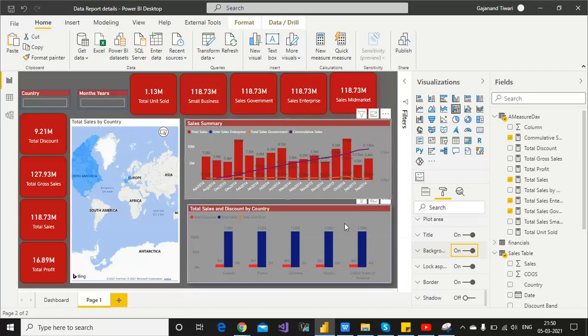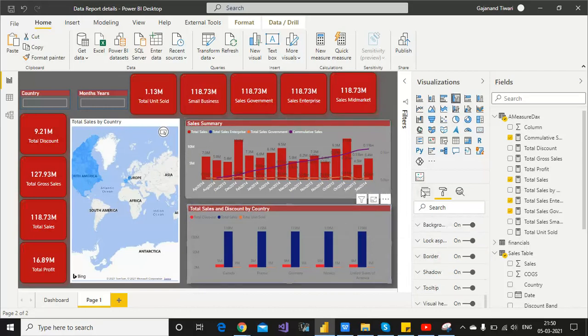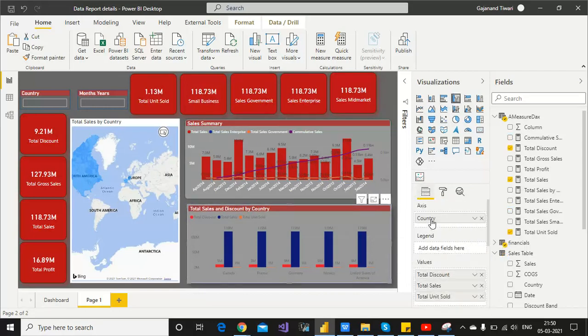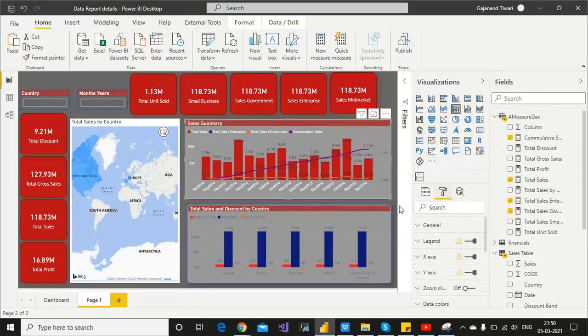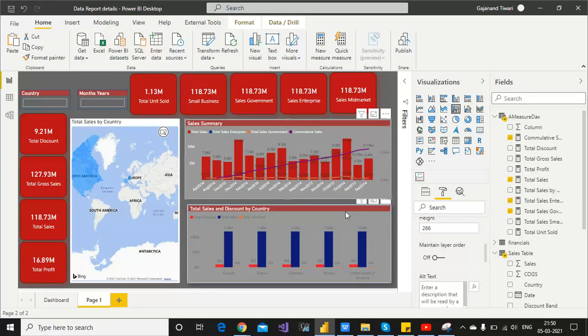Next, we need to select the year, country, and discount, where I created the measures. We need to select this and paste it. And a little bit of adjustment you have to do. Sometimes you get a problem with how to do the adjustment. And definitely, if you don't want to create too much space, you can go to the general and change the size. See, the height is 266, and this one has